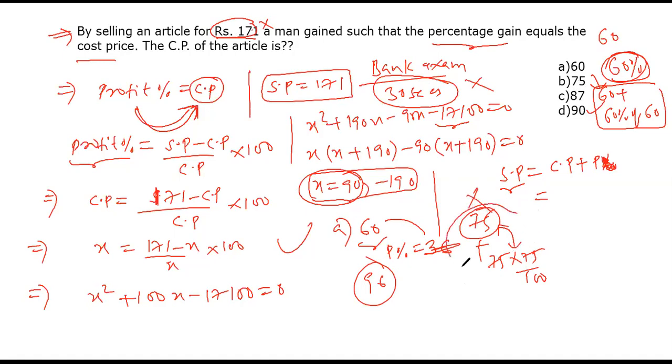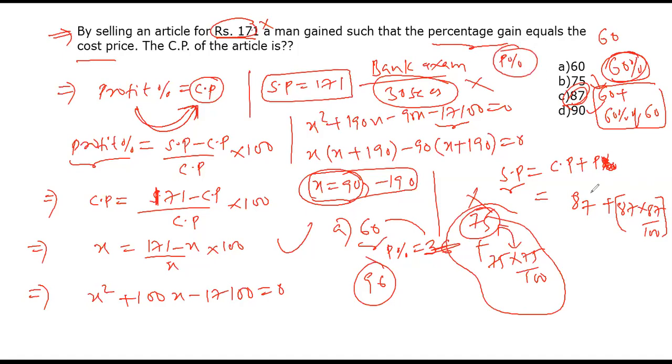No need to do the entire calculation also. You can check that this is an integer and you'll get a decimal here. Again, now 87 plus 87% of 87. That means 87 into 87 by 100, right? Profit percentage is again 87, and it is always calculated on CP. This also will be a decimal, right? Because 87 into 87 by 100. But the answer is an integer. So 87 is also wrong.